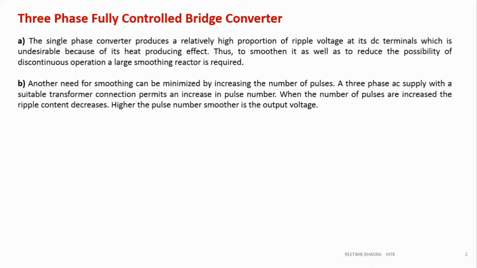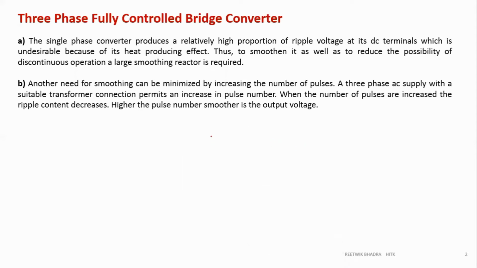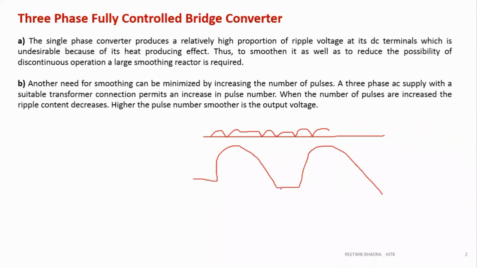Now, why are we going for a three phase converter? Mainly where there is a three phase supply, first of all. And the second and most important thing is that the ripple in a three phase converter will be less. Later you will see in the waveforms, you will have a very small ripple and a constant DC voltage, whereas in a single phase, the waveform was like this, right? So it had a huge ripple, a change in voltage. That is a more important advantage of a three phase converter.